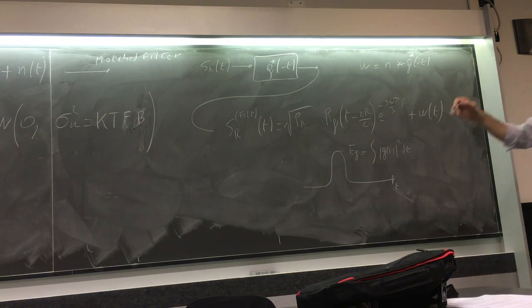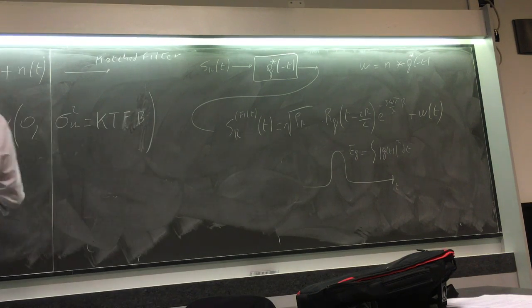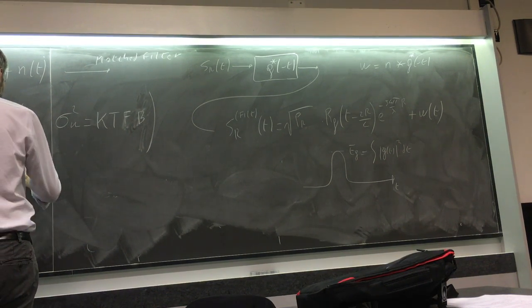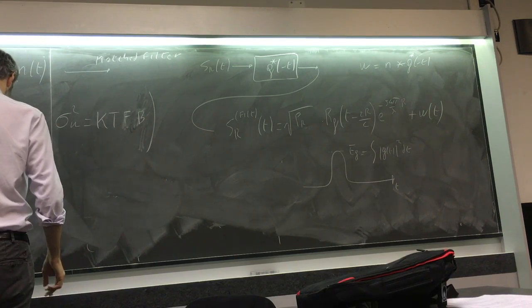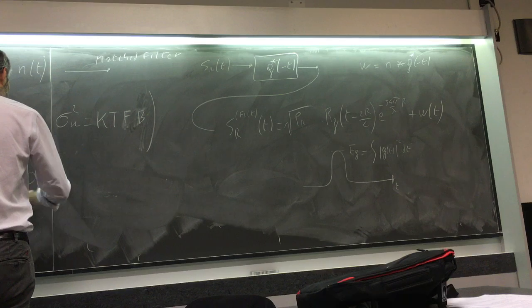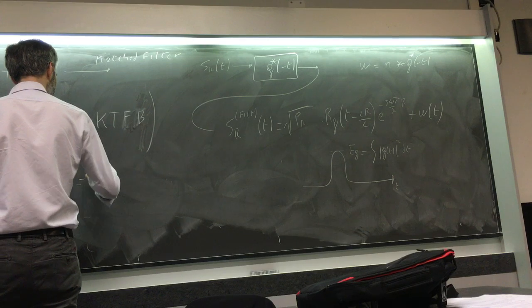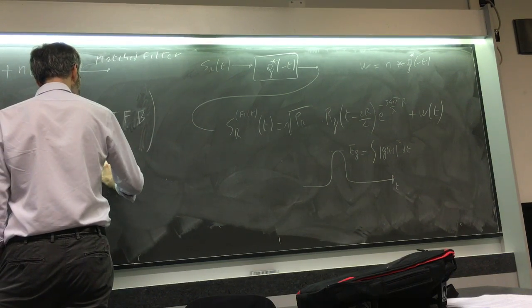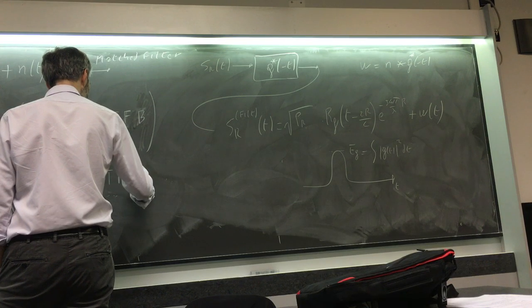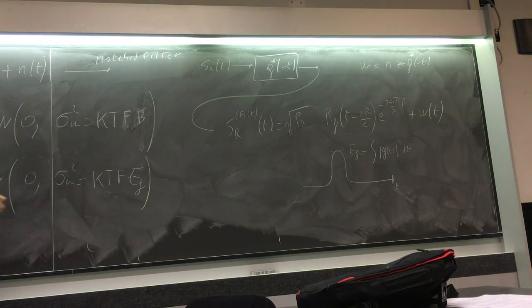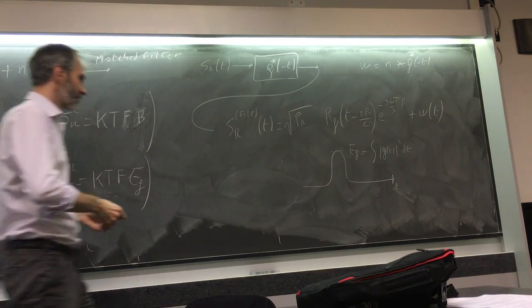And this W is again a complex Gaussian variable, a circular Gaussian variable, zero mean, and whose power is KTF times the energy of G. So the signal to noise ratio, which is what counts to the aim of revealing the target,